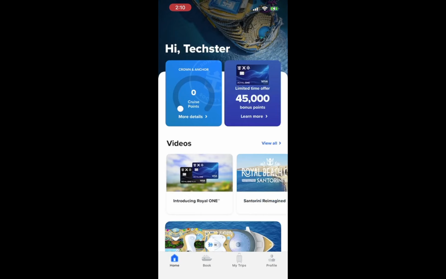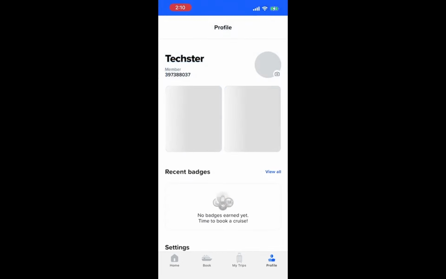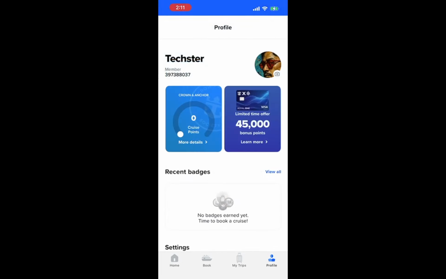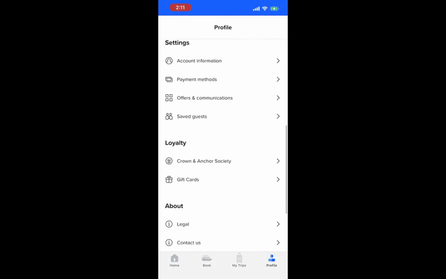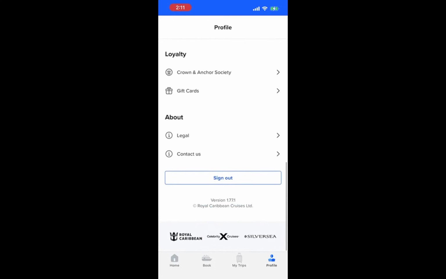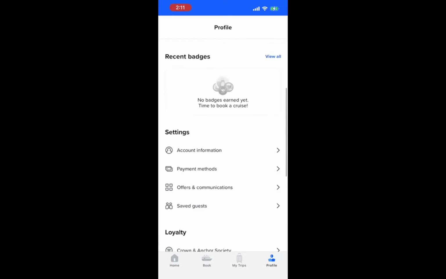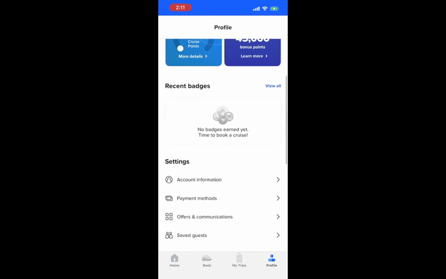Once you are logged in, tap the profile or account icon. This icon is typically located at the bottom of the screen. It may look like a person or a gear depending on the app version you have. Tapping this icon will take you to your account overview. This is where you manage your personal information and preferences. Accessing this section is essential for making any updates, including changing your email. Now that you are in the right place, let's move on to the next step.